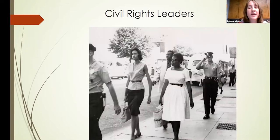So leadership comes in a lot of different faces and areas and platforms, and it doesn't always involve being an elected official. Sometimes it involves questioning the established laws of your time. And so this is an image that may be one of my very favorite acquisitions of 2020. And it depicts several young people who were arrested for their role in a protest to desegregate Columbus's public bus